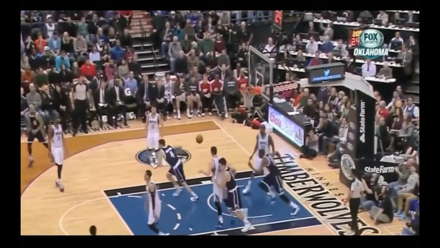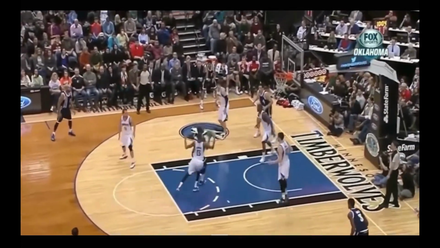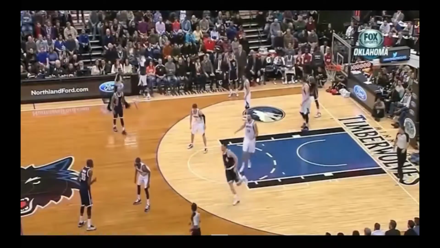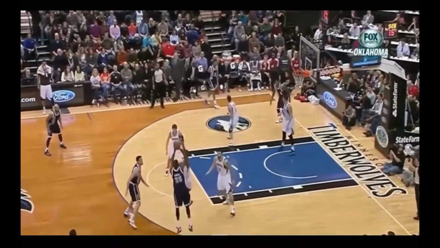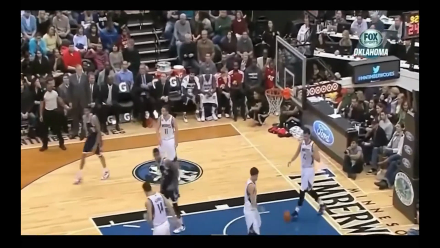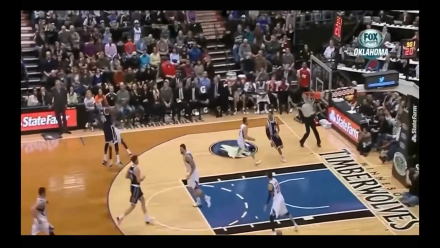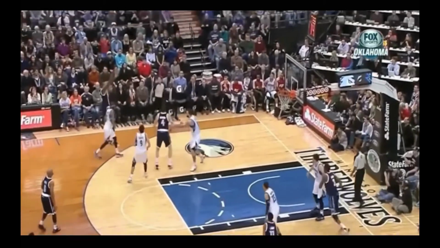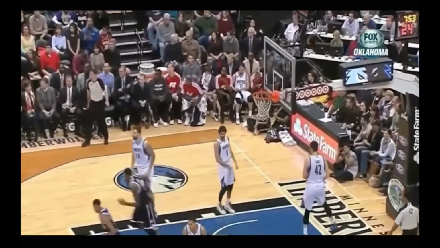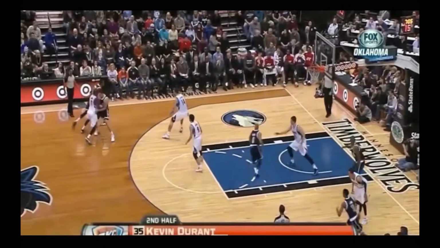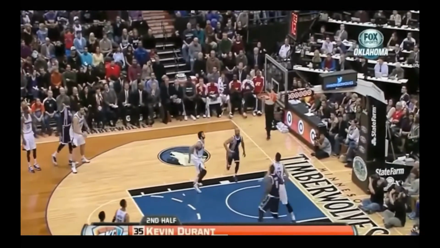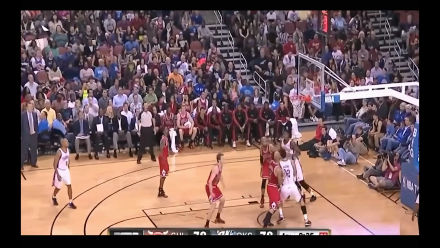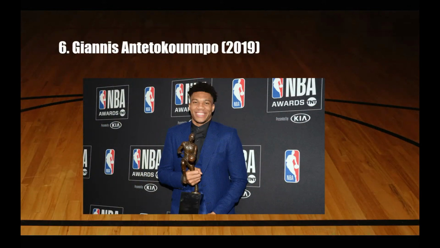This was the year that we really started questioning whether LeBron James is the best player in the world. Although the general consensus at that time was that LeBron James was definitely the best player in the world, Kevin Durant made you think. And he definitely deserved the MVP, going all out, just not focusing on anything, just the game, and he had a spectacular MVP season. At number 6 is the most recent MVP, Giannis Antetokounmpo from 2019, and this is right